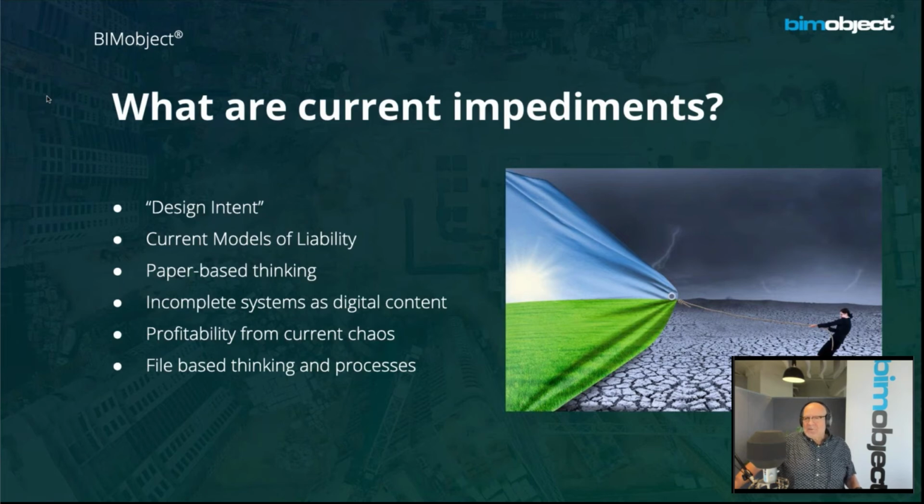So the current models of liability, contractual liability, I hear people say, well, Steve, you don't understand, this can't happen because of the contracts we're under. I understand that today, in most cases, that is the case. But I submit to you, there are going to be ways that those are going to be abolished. Because the industry has so much that we need to do, and we're spending so much extra money a lot of times in machinations that aren't producing any value. And as has happened in the bookstore business, that's gone away.